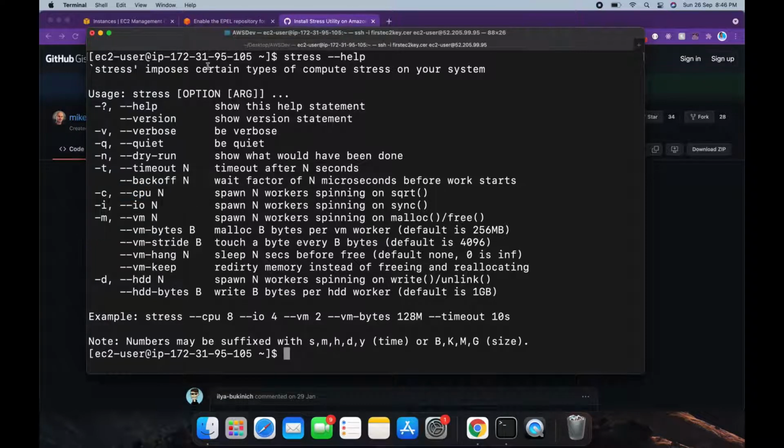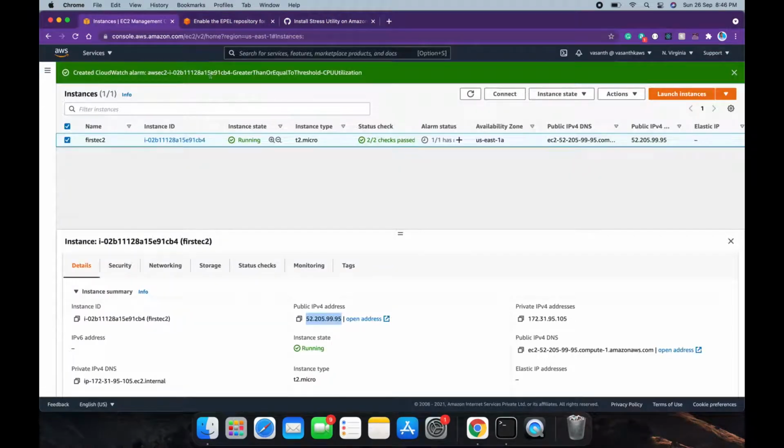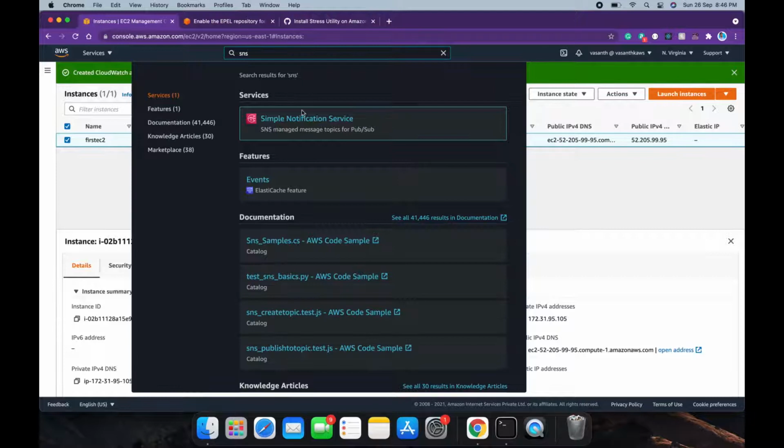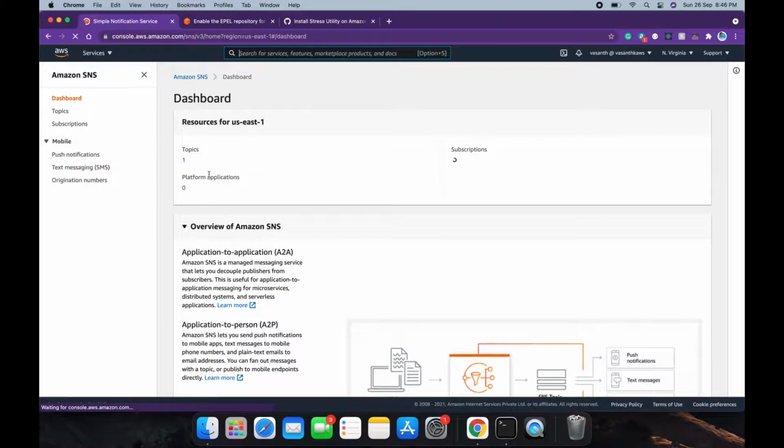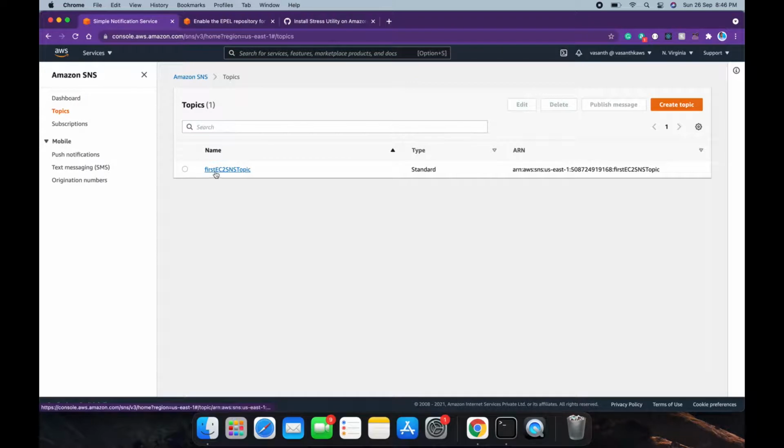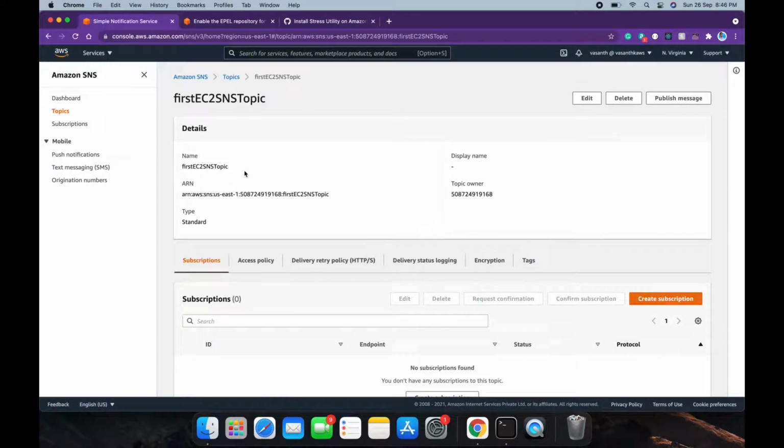Before doing this, let us go to our SNS topic and see if that SNS topic has been created or not. Yeah, this is the one attached to our CloudWatch alarm. So let's go into this.